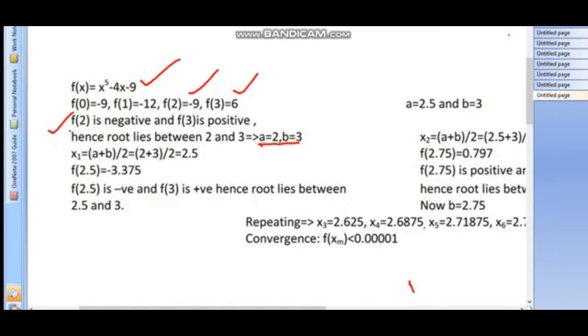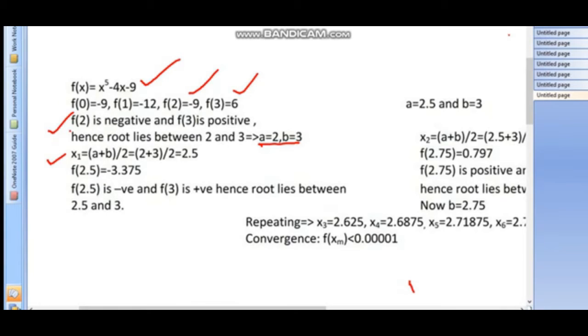Now you calculate the midpoint. In this case we consider this as the first midpoint calculation, so we take it as x1. So x1 equal to a plus b by 2, which will give you 2.5, which is nothing but 5 by 2,